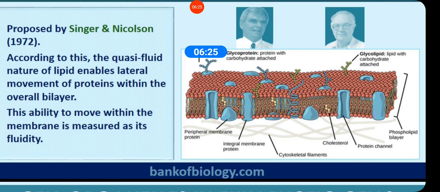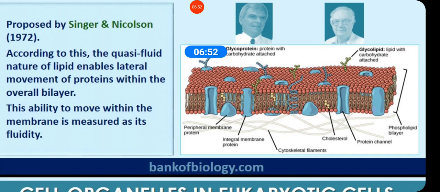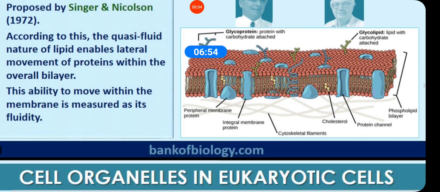The fluid nature of the membrane is important from the point of view of interaction of molecules within the membrane. It plays a very important role in forming intercellular junctions. What are intercellular junctions? The junctions between the cells. It also plays an important role in secretion, transfer of things, cell division, and endocytosis, taking things in or out. So this diagram is very important. You should practice this diagram twice in your copy.